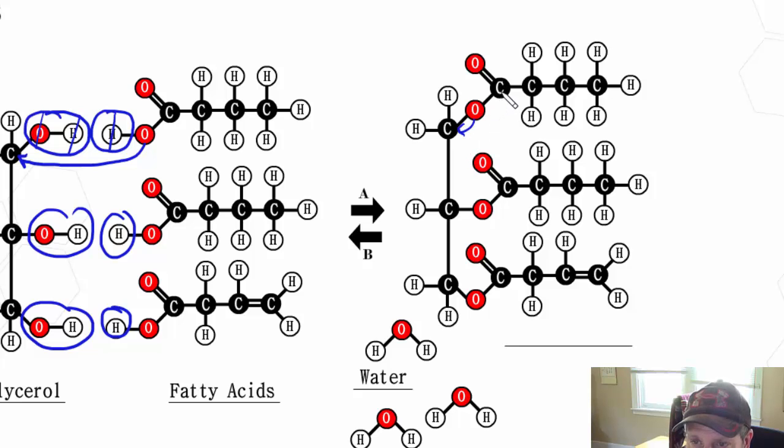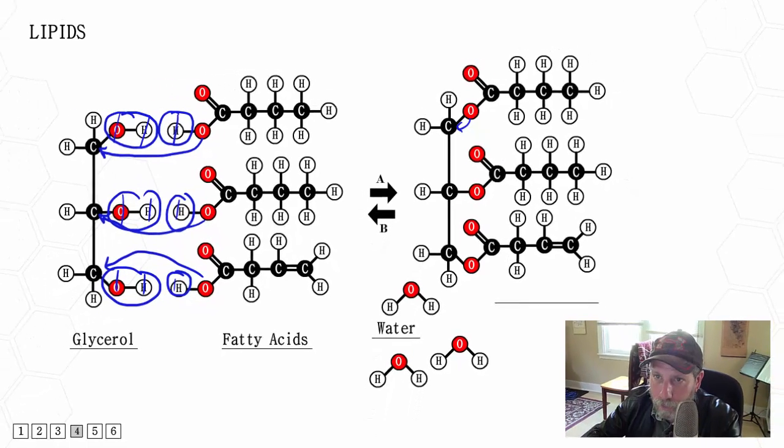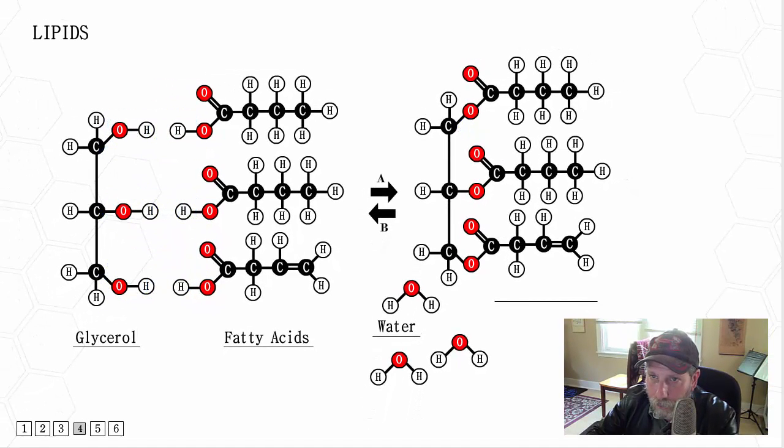This was the O from the carboxyl, and this carbon from the glycerol. The same thing happens here. Those go away, this oxygen clicks onto the C. Those go away, this oxygen clicks onto the C. In every one of these cases, this molecule that is produced out of 3 fatty acids and 1 glycerol is